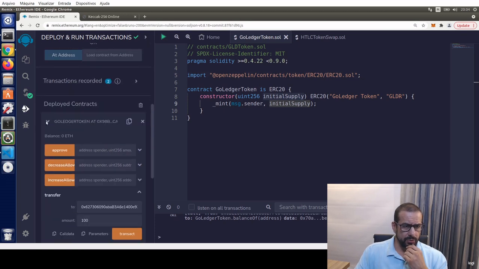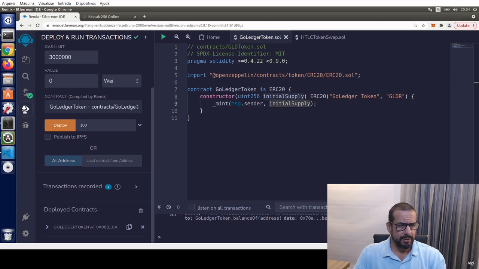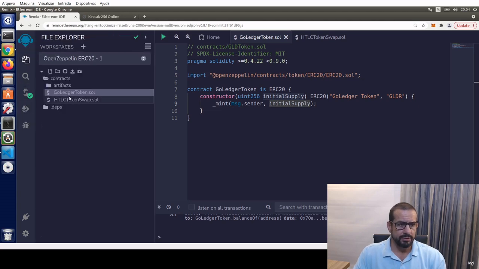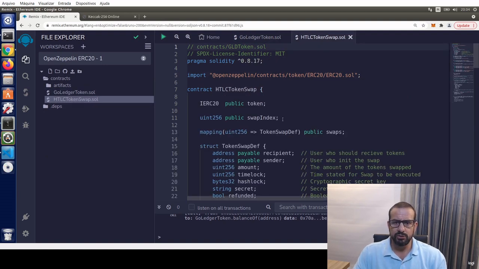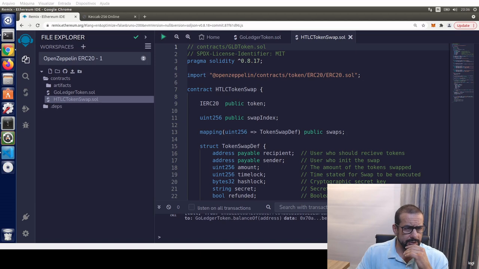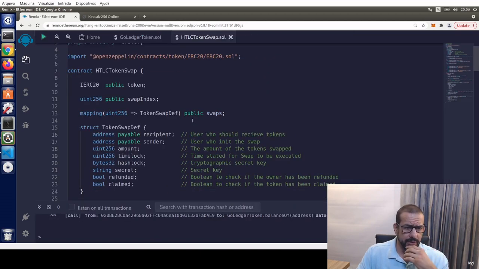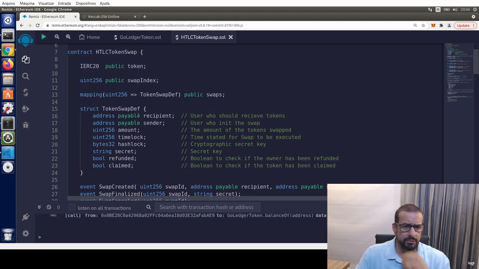So the next thing I'm going to do is deploy the second smart contract, basically the HTLC smart contract that we have here. But before we deploy it, let us take a look at some details. It's basically a simple smart contract. It's not that complicated. And we have a mapping of some structure called token swap defs that have some information about token swaps. So basically, each token swap will have the receiver, the sender, the amount, a time lock, the hash lock with the challenge